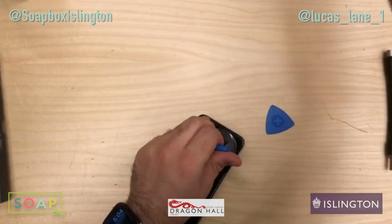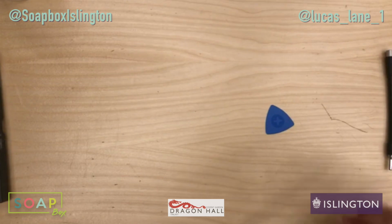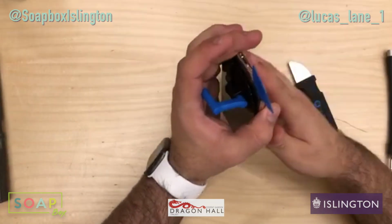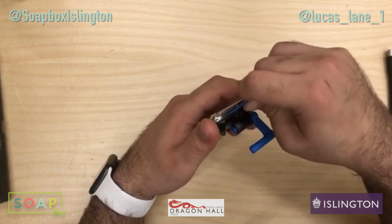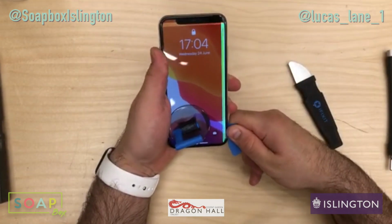Right, I'm going to try something else. You shouldn't use metal, but I don't have any other choice. Right, so I use the metal pry tool to lift up the screen, because metal can be thinner and stronger. So I just use that, and now I'm just going to cut away at the adhesive that runs around the edge. So just like this,